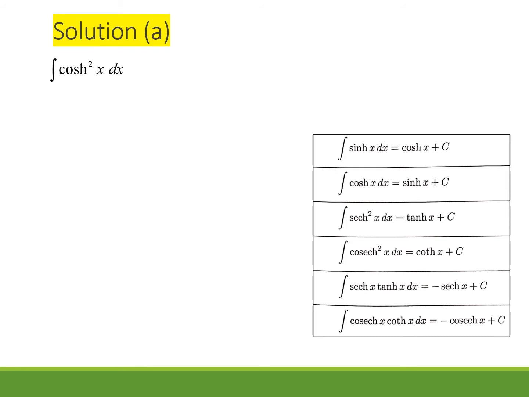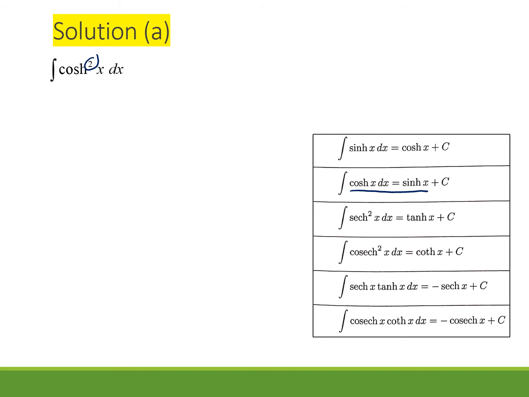So if you refer to the formula of the integration for the hyperbolic cos, you will get the integration of cos hyperbolic x equals sine hyperbolic x. However, for this case, it is not cos hyperbolic x, it is cos hyperbolic square x. So we cannot directly use the integration. So, what we can do is we use the identity of hyperbolic functions,